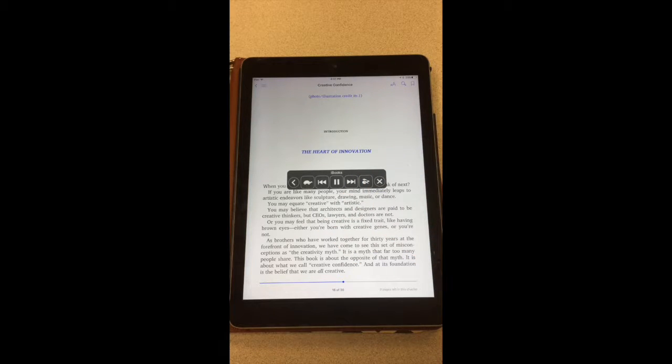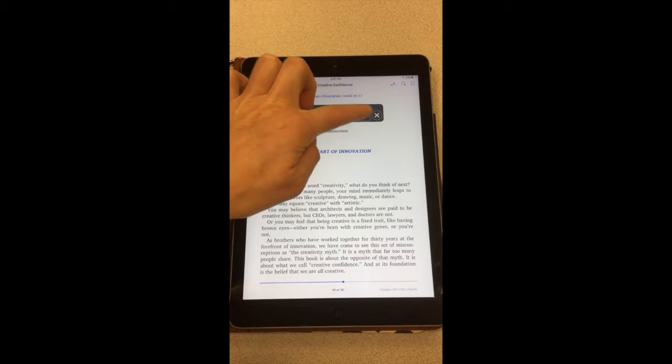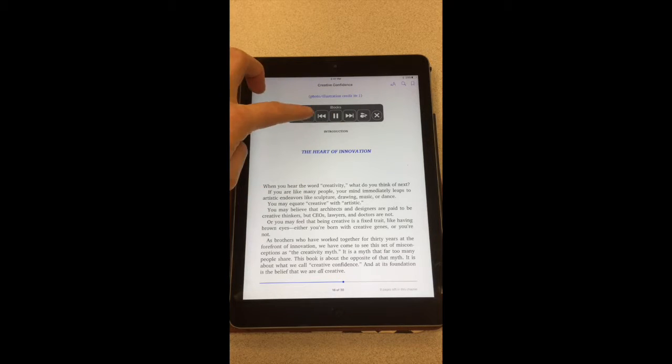Introduction, innovation. When you hear the word creativity, what do you think of next? If you are like many people, your mind immediately leaps to artistic endeavors like sculpture, drawing, music, or dance. You may equate